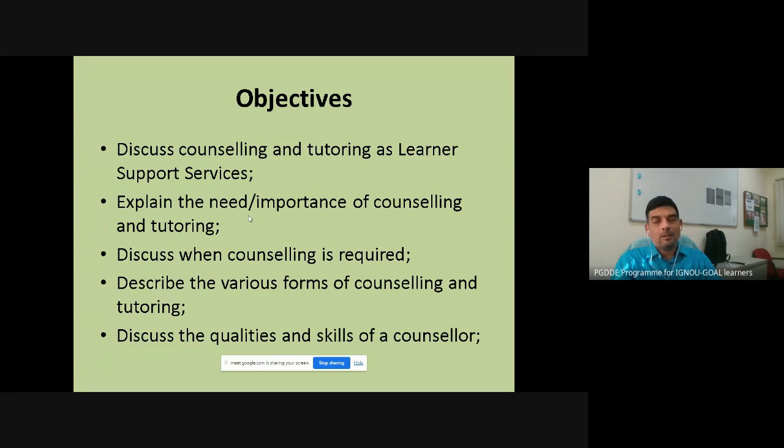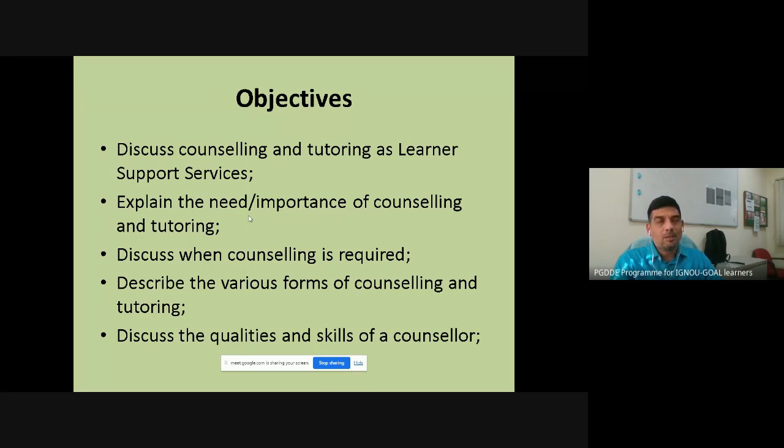Then the need and importance of counseling services, and how these counseling and tutoring services are not only beneficial for the learners, but also from the institutional point of view or the teaching-learning point of view, because ultimately the institutions and the teachers design certain programs and courses with some objectives and program specifications, where we would like our learners to gain some knowledge or develop certain skills. If I talk about this particular program, MA in Distance Education, then we hope that all of you should be in a position to